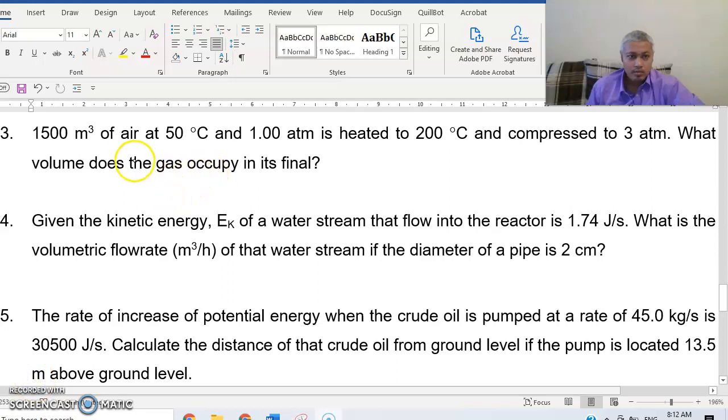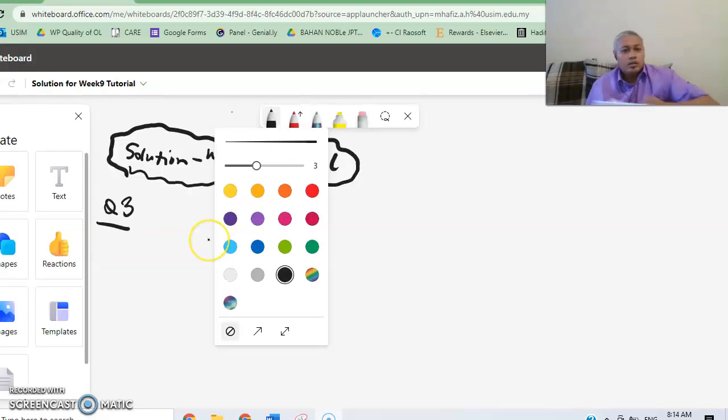For question number 3, we have 1500 meter cube of air at 50 degrees C and 1 atm is heated to 200 degrees C and compressed to 3 atm. What volume does the gas occupy in its final state? Okay, for question number 3, actually the concept is almost the same as question number 2,